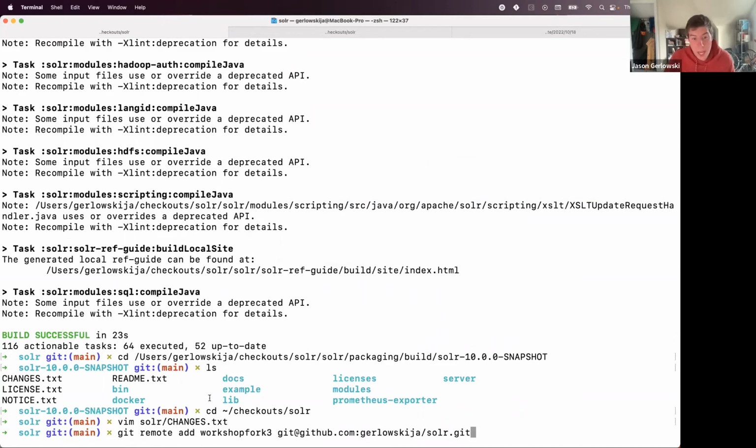So you would say, I want to add a remote. Here's my new handle, this is just a local handle to refer to your remote fork. And then there's the URL for talking to it. I generally use the SSH URL instead of the HTTPS, but I don't think it really matters. That's just the way that I learned to do it. So you add your remote, you can say git fetch,